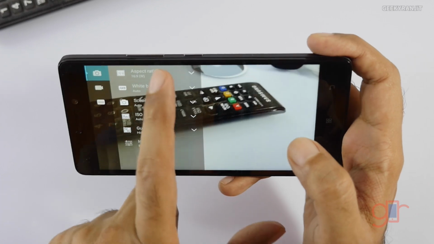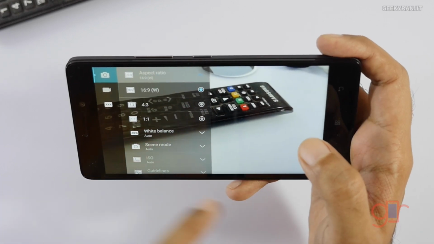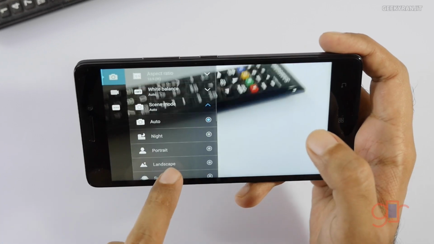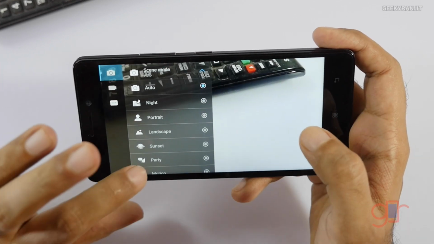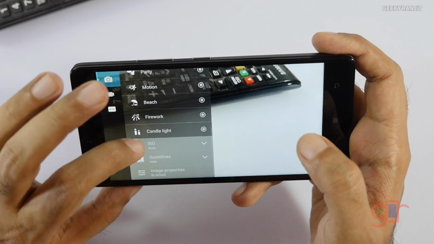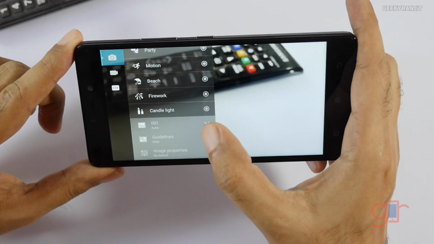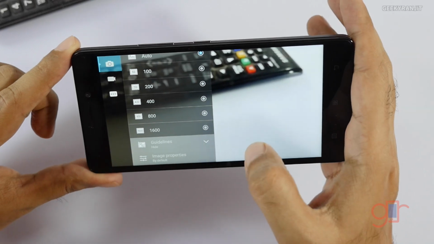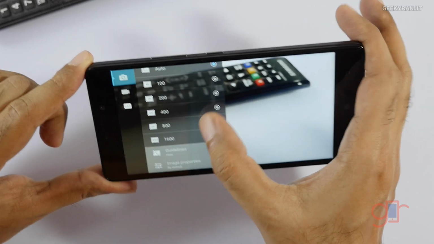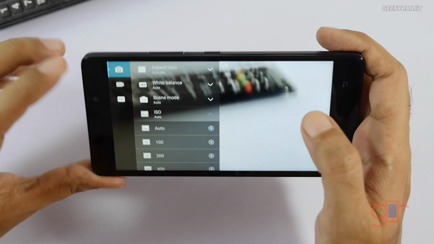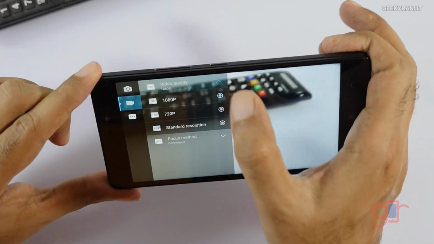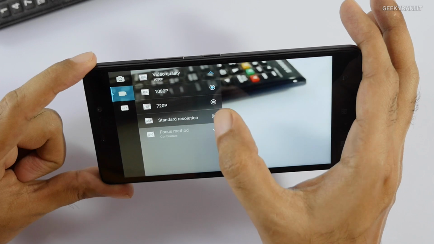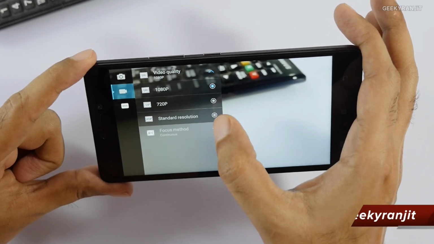But if you go to the settings, here are the default settings. You can change between the widescreen to 4:3 ratio. You can adjust the white balance, and you have a lot of scenes over here. I did all my testing in auto mode, but you can set the scenes if you would like. You can also adjust the ISO and add the guidelines if you want. As you can see, it can go with the ISO up to 1600. That's pretty high in my opinion. In terms of video, it can take video at a max resolution of 1080p, and you can go all the way down to standard definition.